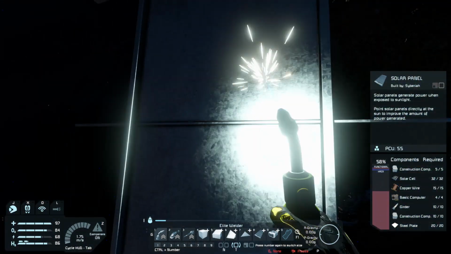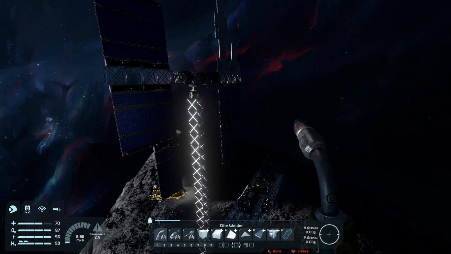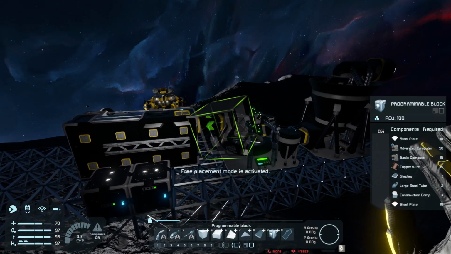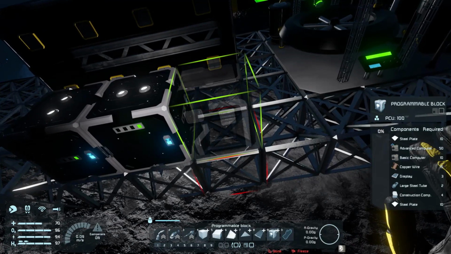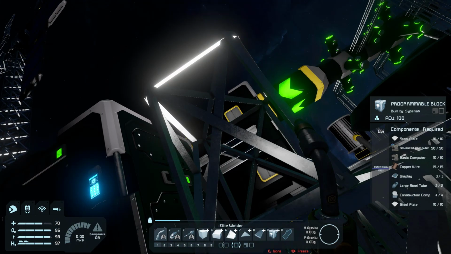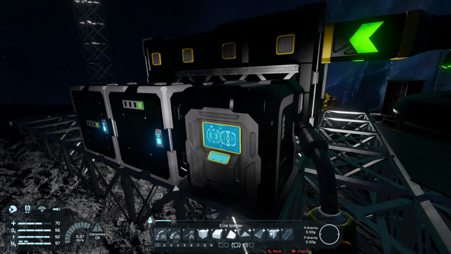But let me go ahead and weld this up, and I'll get back to you guys as soon as we're done here. I've gone ahead and welded every solar panel that I could here, and also set up the batteries. One of the things that I want to do now is set up my programmable block. The reason I want to set up a programmable block here is I want to run a solar alignment script on our solar tower there and be able to have it track the sun for, you know, the optimal